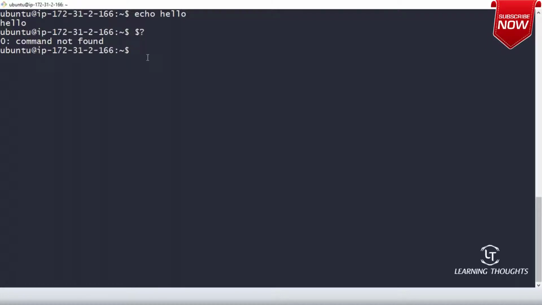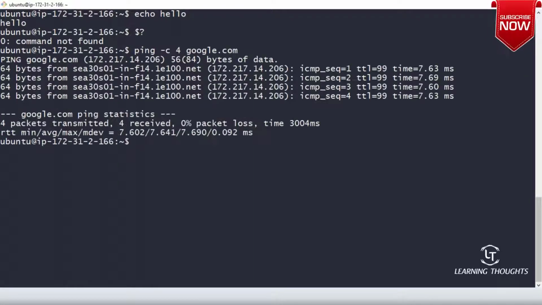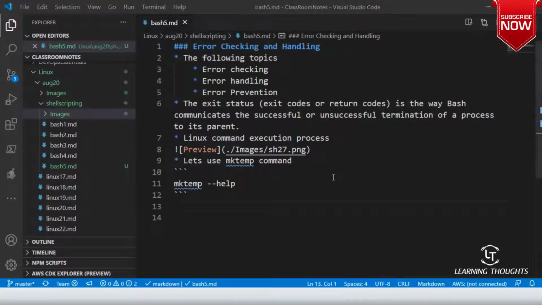Okay, so let me show you this. ping -c for google.com. echo $?. So what am I getting? 0. What does a 0 mean? For the people who have forgotten, dollar question mark is the return code of whatever has been returned from the earlier execution of your command. It is the last command's exit code.